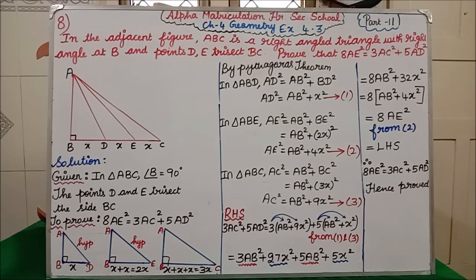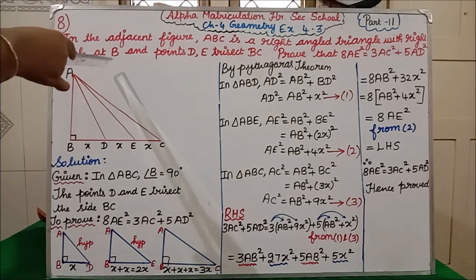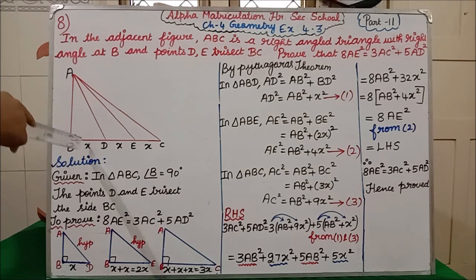In the adjacent figure, ABC is a right angle triangle with right angle at B. What they were saying, ABC is a right angle triangle. Where that right angle should come means right angle at B. So in B only the right angle should come. And point